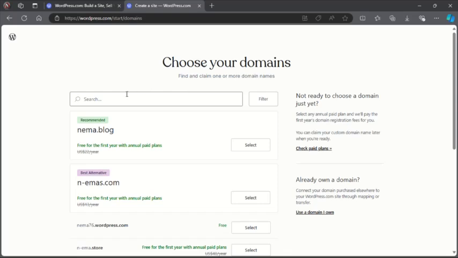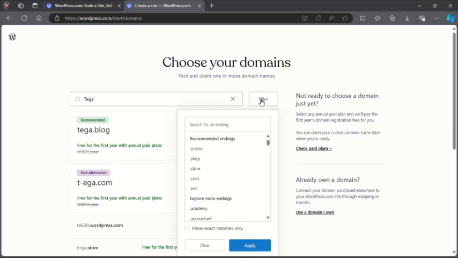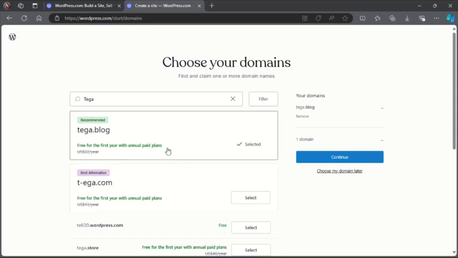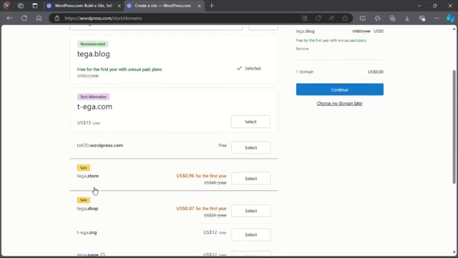I'm just going to type this. So I want to use Tega. So I'm just going to use the filter. See recommended, because this is actually recommended by the WordPress platform. You see free for first year with annual paid plan. So I want this Tega blog, or I want Tega, or probably I want something like this Tega store, because